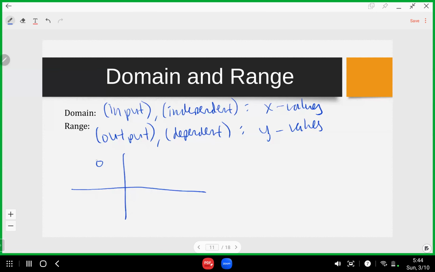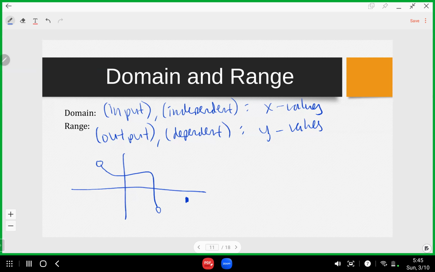If we had, you know, like this. Okay. And we also had this. Okay. Let's say this is a certain function. Okay, this could definitely be a function, or actually you don't know what a function is, so I'm just gonna say a graph. Okay. So to find the domain of this graph,